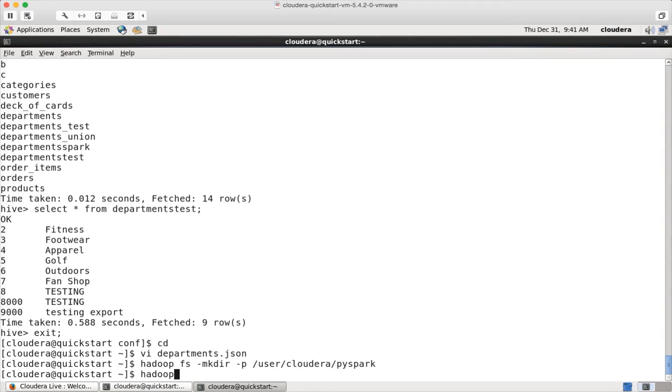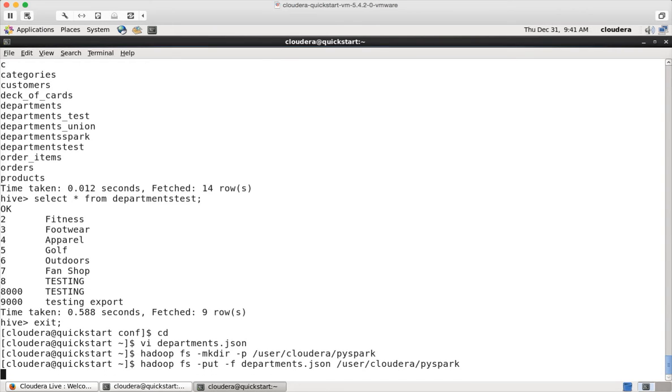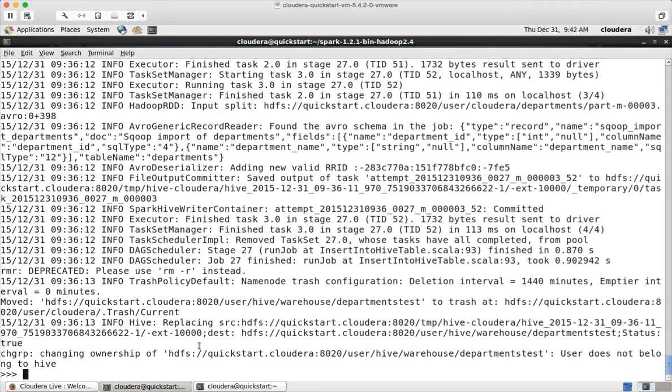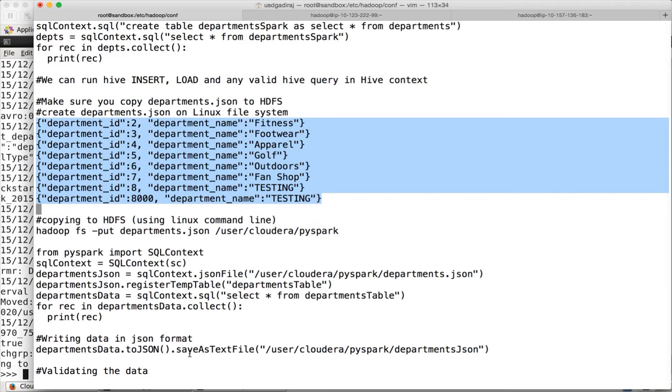And once you create the directory, you can say -put departments.json to /user/cloudera/pyspark and hit enter. And the JSON file will be saved into HDFS,